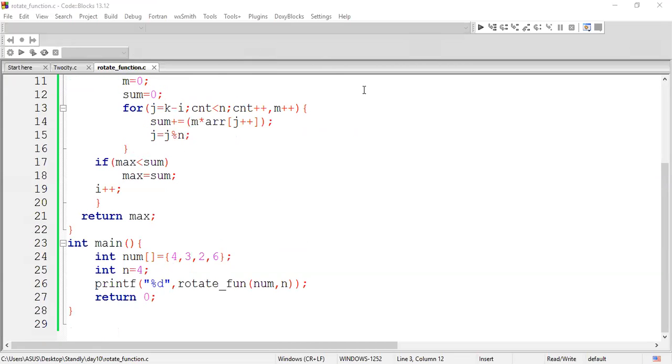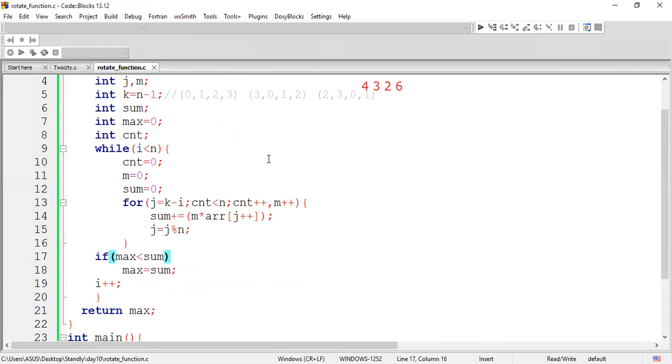So here we are going to take values like 4, 3, 2, 6. This is the value I have taken. Let me keep it here. Fine. What are the variables we are going to use? We are going to use the k value. K value is n minus 1. What is the n value here?